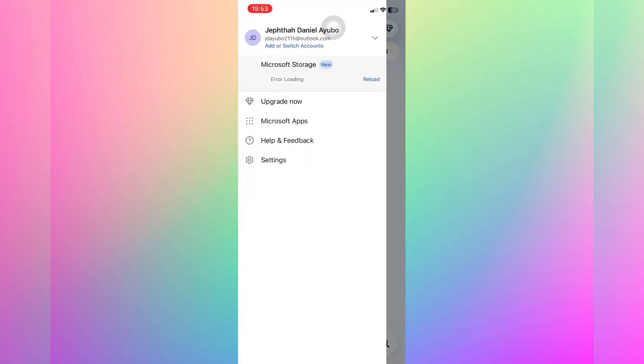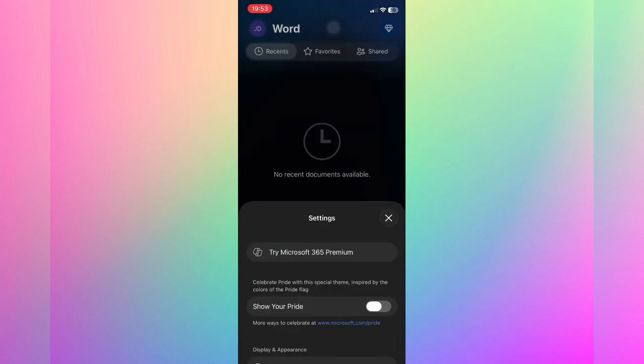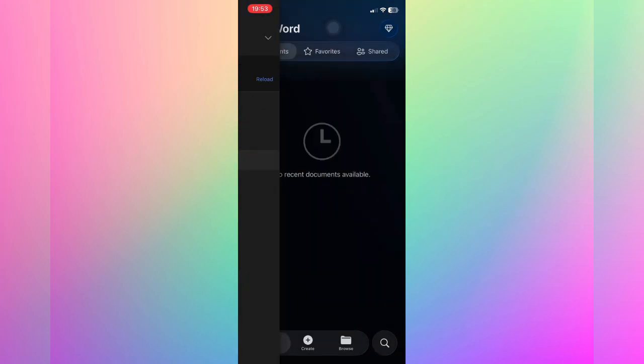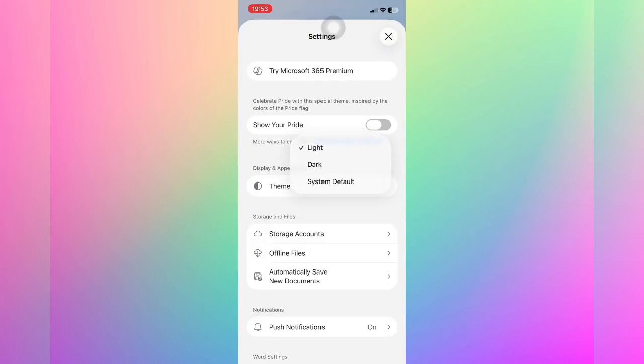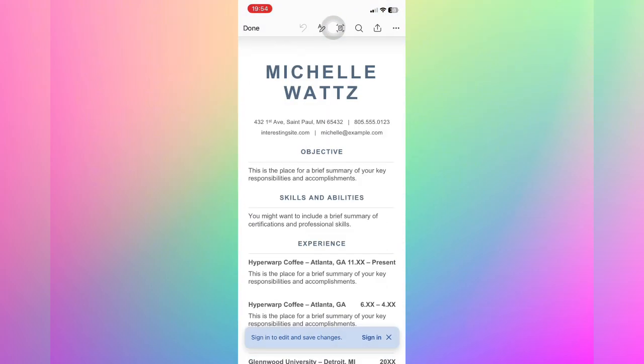If the page contains text, images, tables, or other elements, tap and hold on the content and use the selection handles to highlight everything on that page. Once the content is selected, tap delete or press the backspace key on your keyboard to remove it from the